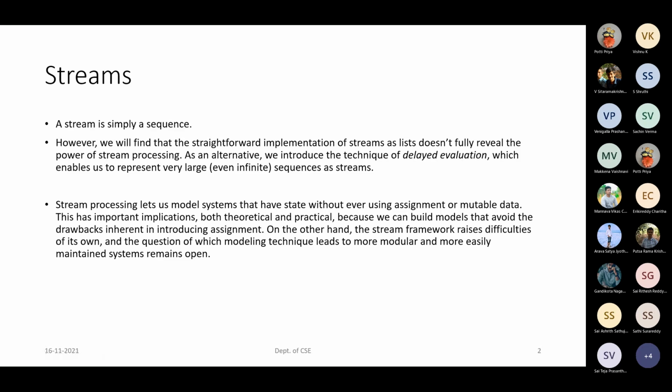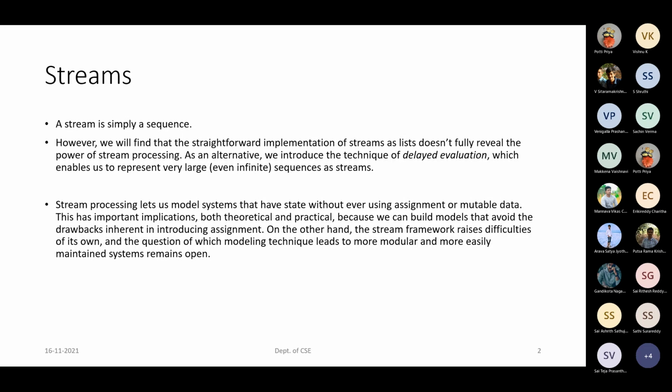So last class we were discussing concurrency: what is meant by concurrency, how we deal with it, and the supporting procedures with respect to lists. Today's class, the concurrency problem occurred because we were trying to access the same variable, same data, by multiple processes. Similarly here also, because of the assignment statement, how we can delay certain things. That is what we are going to see with respect to streams.